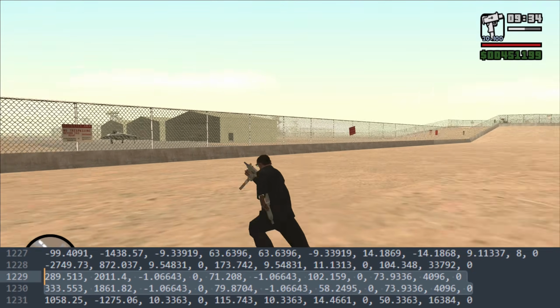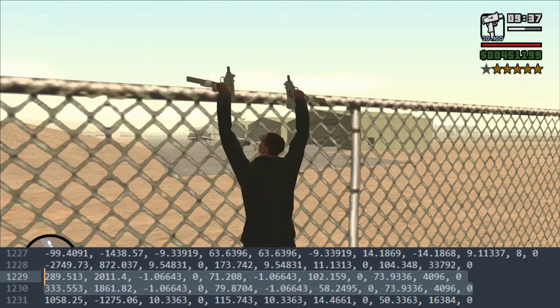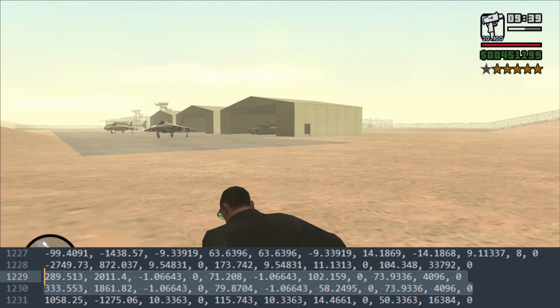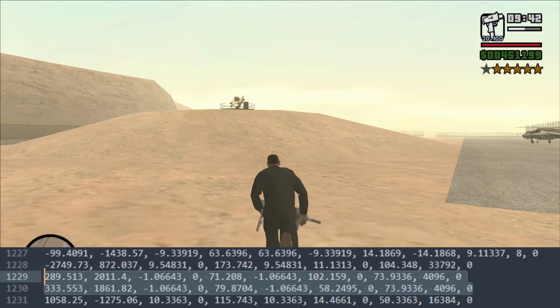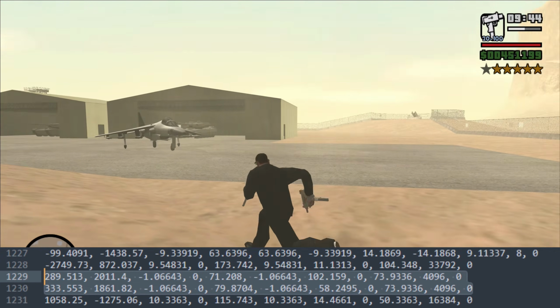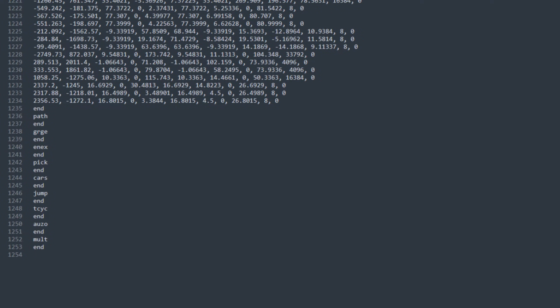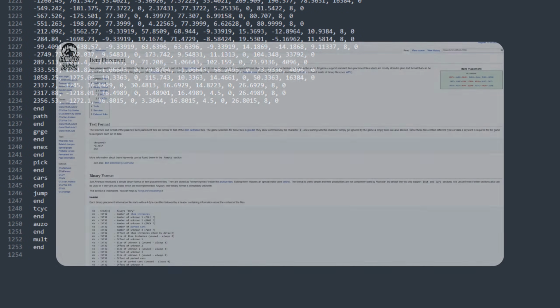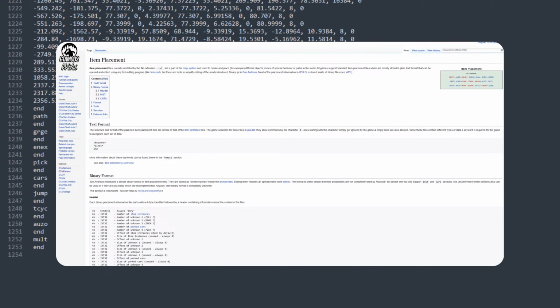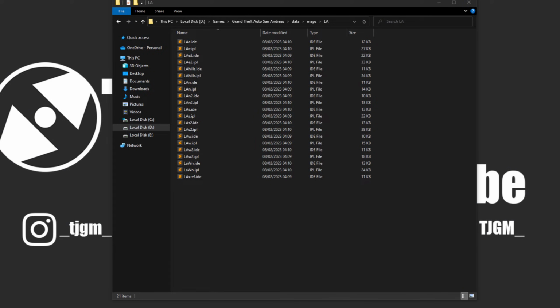There's also a block around the military base which automatically gives the player 5 stars if they enter the block. There's more flags for the Cull section, but you get the idea of how they work. There's more sections inside IPL files for other things. If you really want to read more about them, you can check out the IPL page on the GTA Mods wiki. IPL files can be loaded with ModLoader. So for instance, if you were to copy any IPL files from here, edit them, and put them in ModLoader, ModLoader will load your edited IPL files instead.